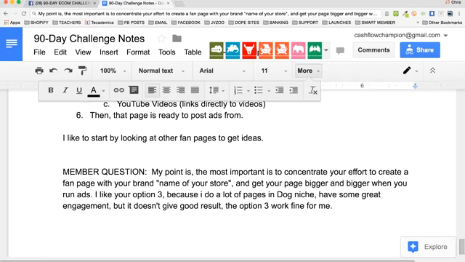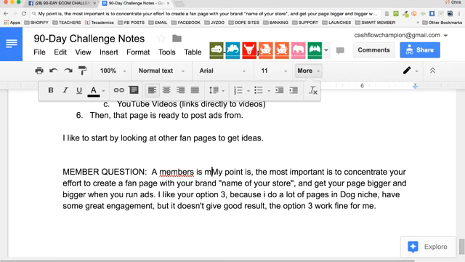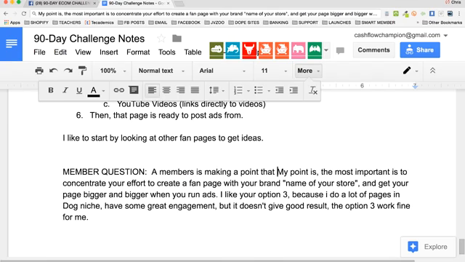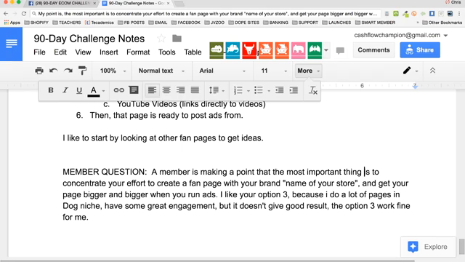A member is making a point that the most important thing is to concentrate your effort to create a fan page with your brand, name of your store, and get your page bigger and bigger when you run ads. I like your option 3 because I do a lot of pages in the dog niche and has a great, but it doesn't give a good result. The option 3 worked fine for me. Okay, so again, obviously this is a member